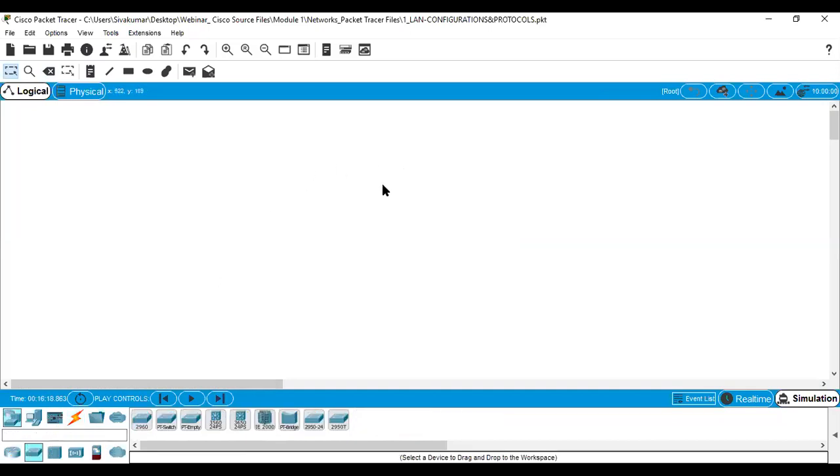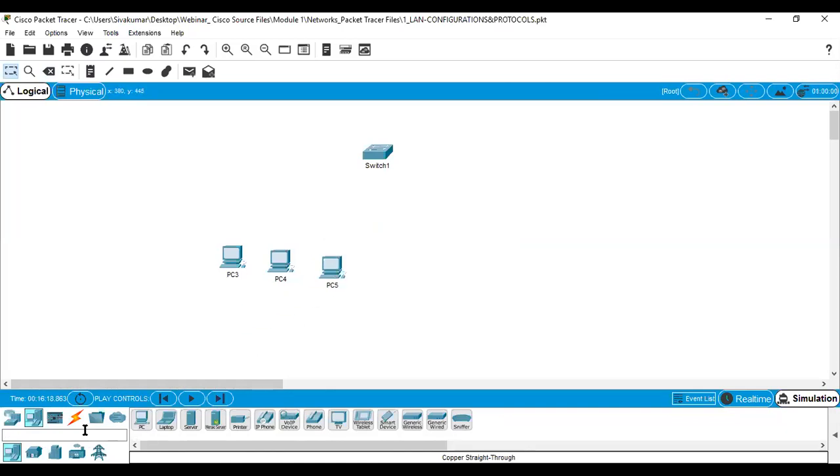First, you select your switch 2960. Check whether your switch has the capability of connecting more devices. If you want to connect 8 systems, you can choose an 8-port switch, but I am always selecting a 24-port switch. Then for end devices, you click end devices, click PC, then this one. This is for VLAN 10, and the second one.